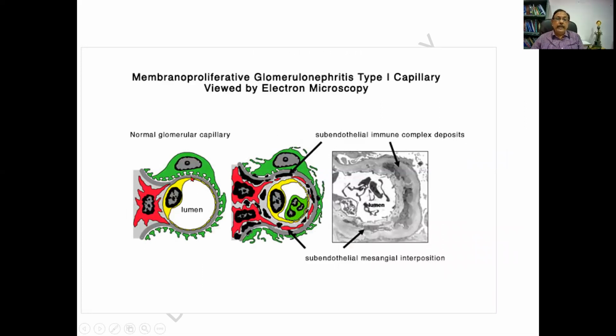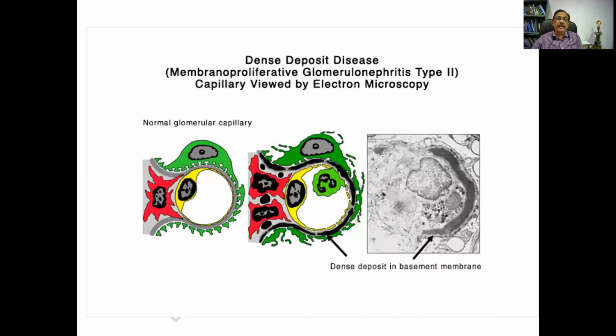So this is a normal capillary. I am not finding any dark line over here. Whereas this is the mesangium, and this is the endothelium. In the subendothelial region, there is a black deposit that is formed. Immune complex that is demonstrated by means of the silver stain. An electron microscope also shows beneath the endothelium a subendothelial immune complex. This is type 1. So type 1 is limited to the subendothelial region.